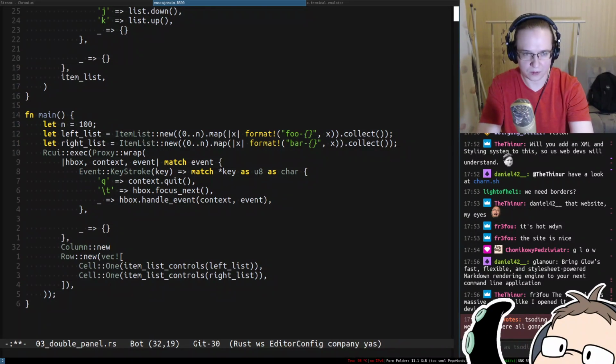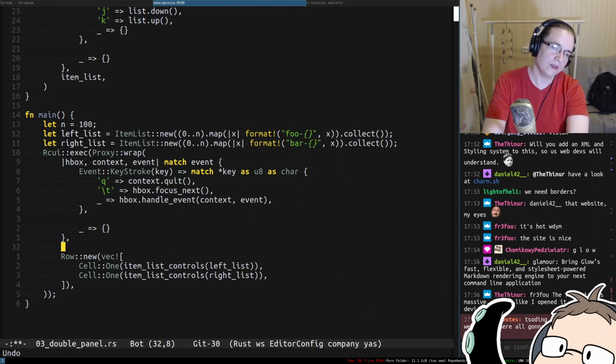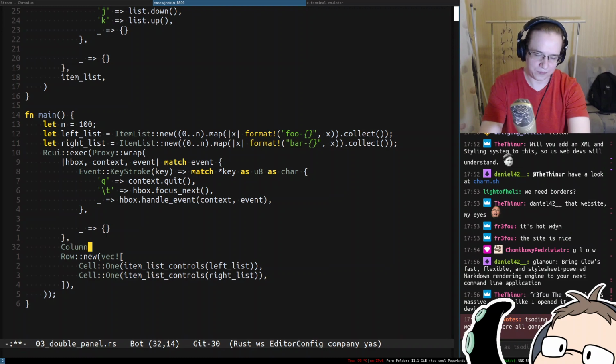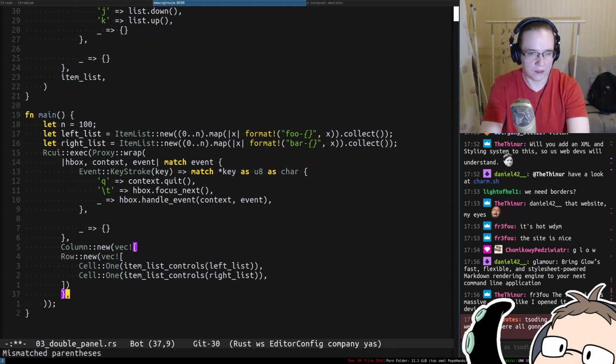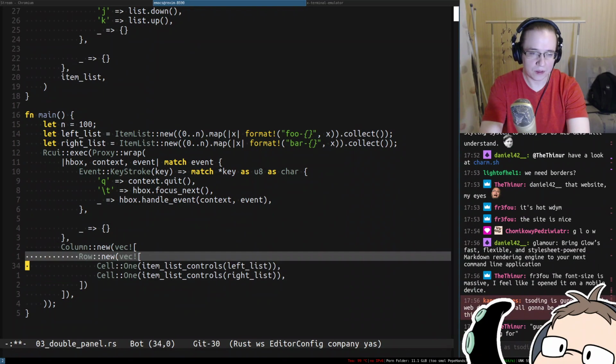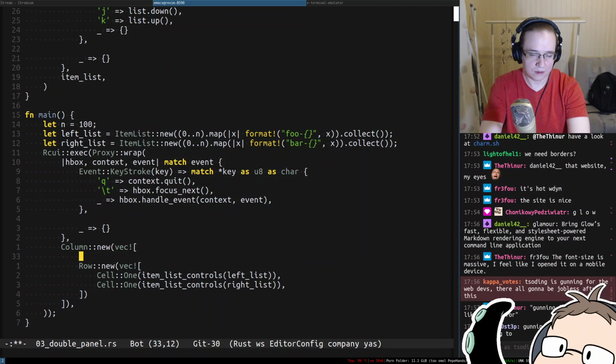So anyway, this one has to be wrap, I think. Column. New, and we're gonna have a vector. So this is gonna be just a vector, and so this is the first. So this is the first row, and then here